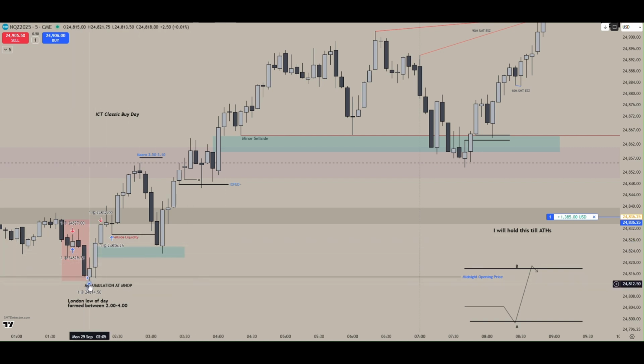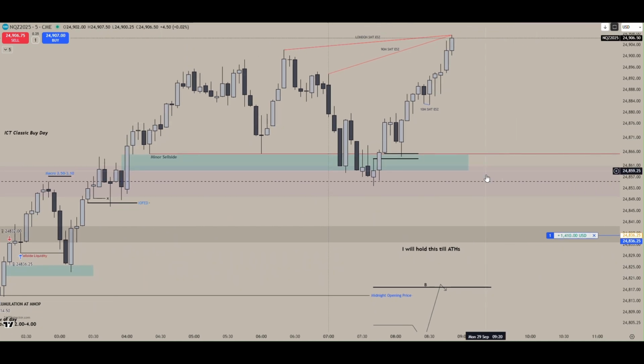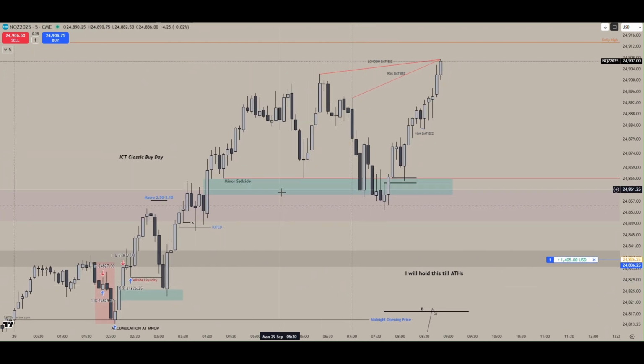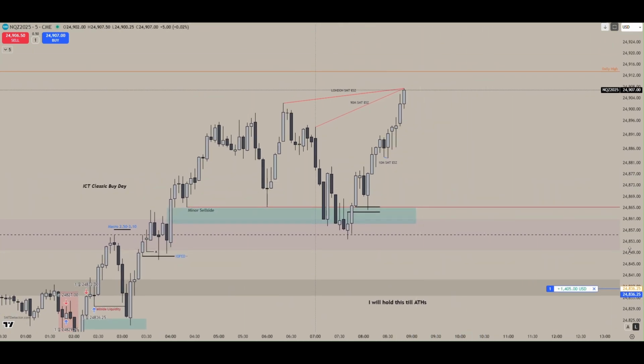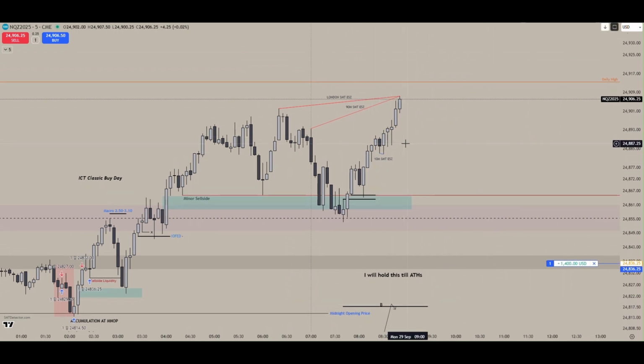And then I entered here. I accidentally exited here, but then I used the PD array to enter here again, and then now I've been riding that move. So that is my goal. That now I do not want to see price come back below midnight opening price. This is in deep premium. The goal, if for